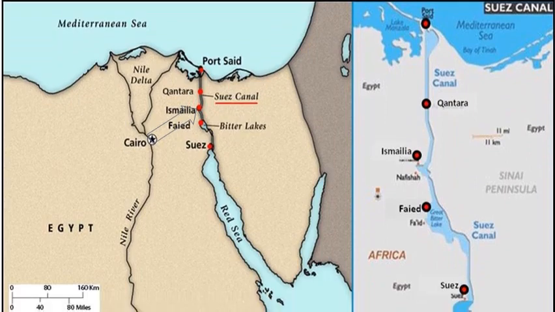Actually, Ismailia is one of the most beautiful cities in Egypt. It is located around 80 miles to the east of Cairo, overlooking the Timsah or Crocodile Lake and the Suez Canal. Ismailia was founded by and named after one of the great rulers of Egypt in the 19th century. He was Ismail Pasha or Khedive Ismail. He was the one who did the opening ceremonies of the Suez Canal in 1869.